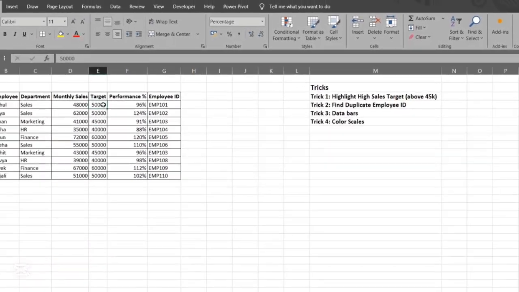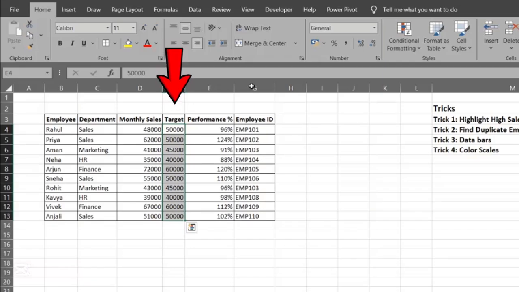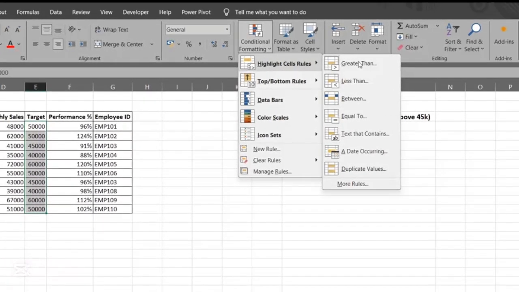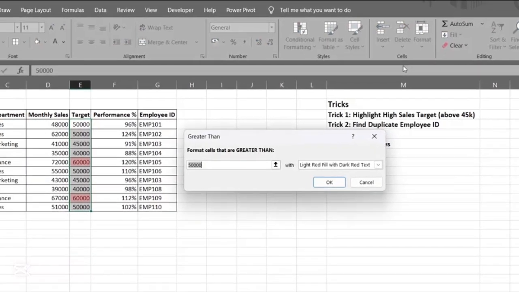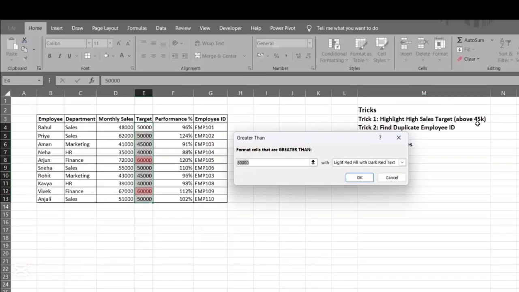Simple. We need to highlight the target wherever it is 45,000 or above. That's simple. So select this column and go to the Home tab, and here you will get conditional formatting, highlight cells rules. Here you can see greater than, less than, between, equal to, and all. For now I need to format this target column for above 45,000. Write 45,000,